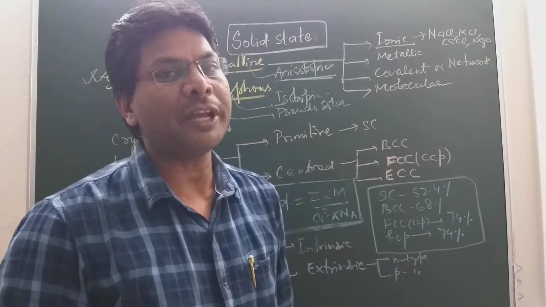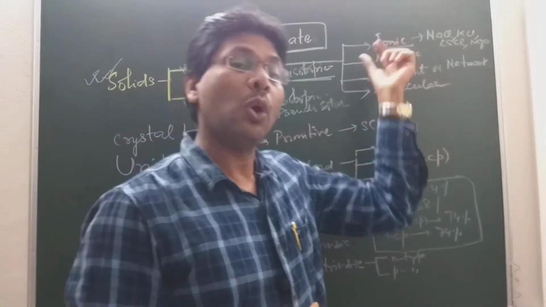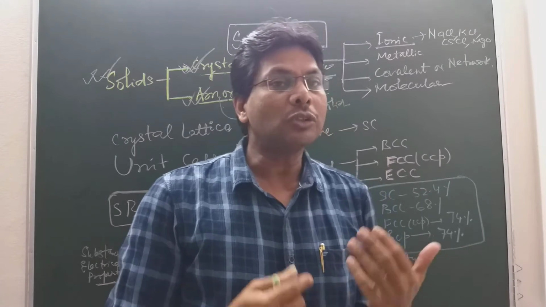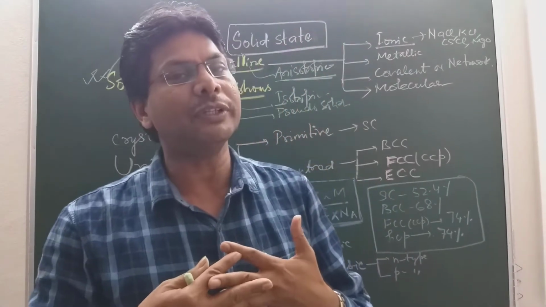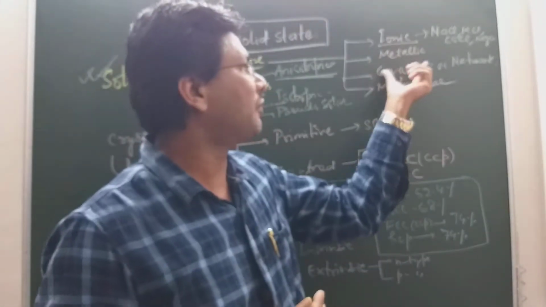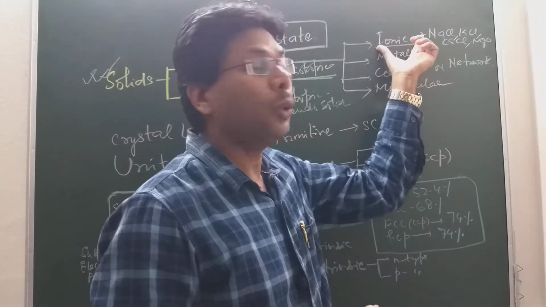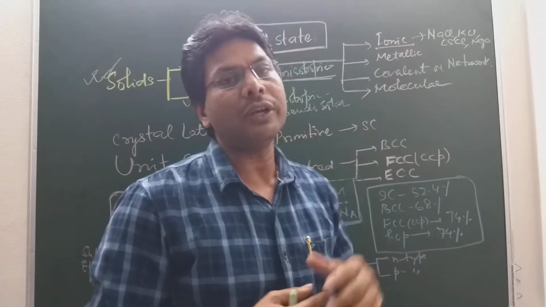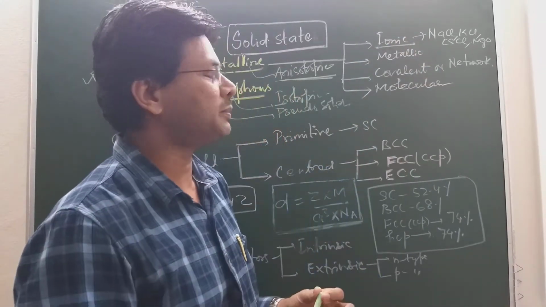One of the questions asked in most exams is that ionic solids do not have directional property, because in ionic solids there is only attraction between the positive and negative ions. There is no overlapping of orbitals, which we find in the case of covalent. So no directional property is shown by ionic solids, and they do not show space isomerism.